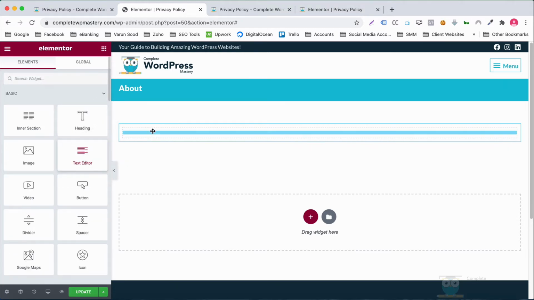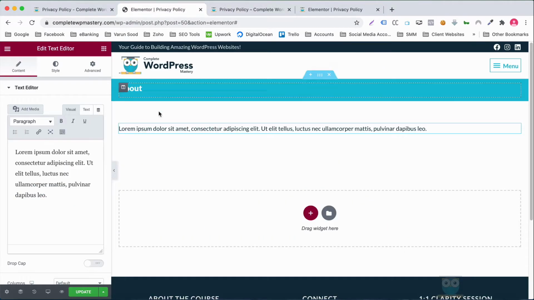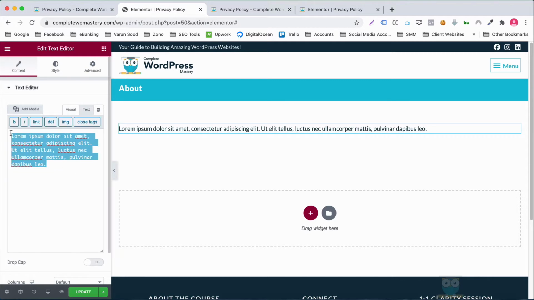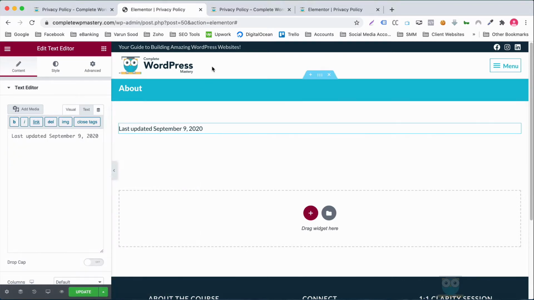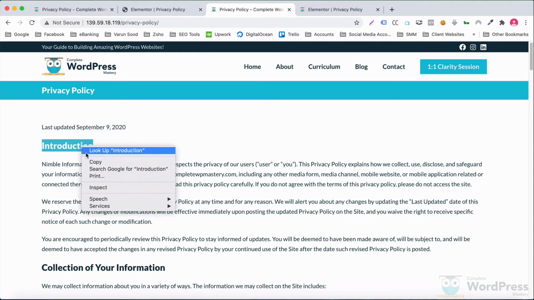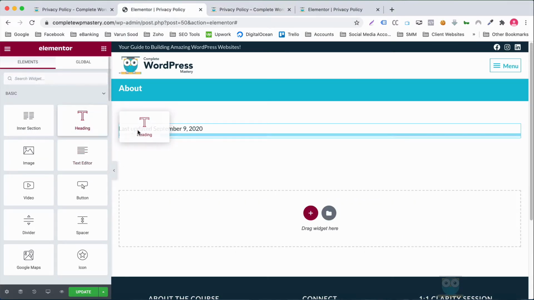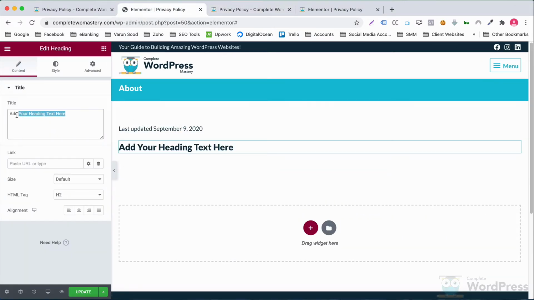Let's add a text editor and copy this bit of text. Next is an H2 heading, and I'll call it Introduction.